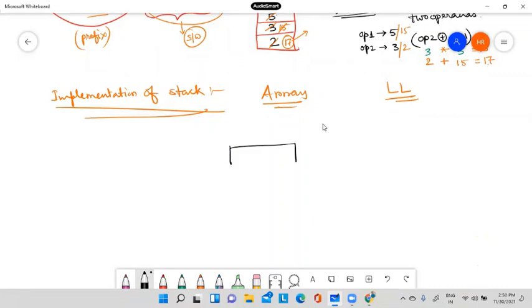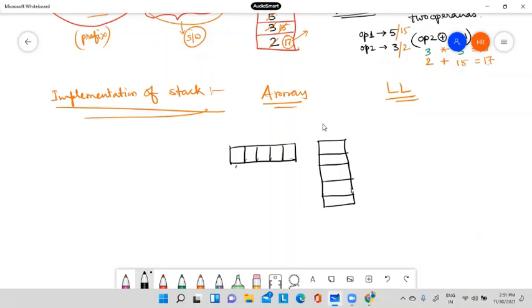So this is our array. Now better you represent or draw the array in a vertical structure rather than horizontal, because it becomes easier to understand, because stack is like this.